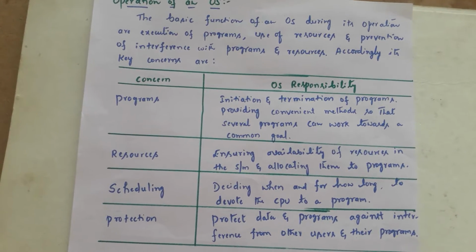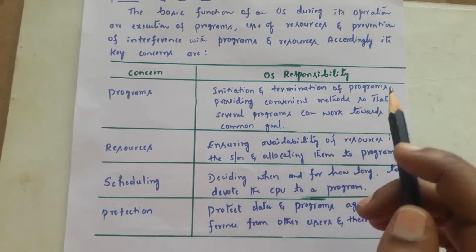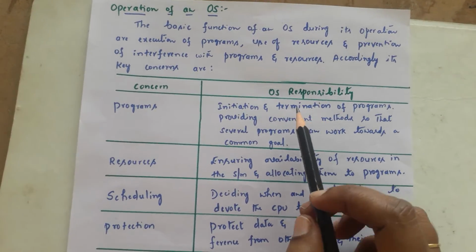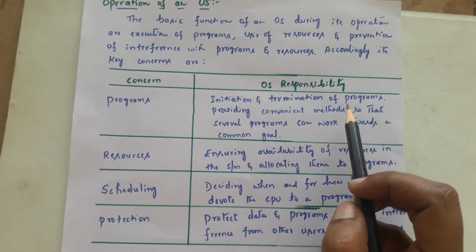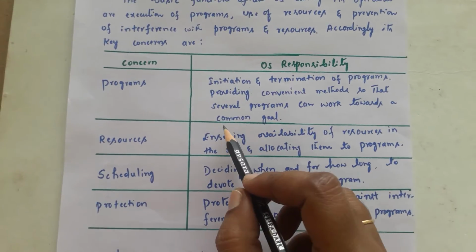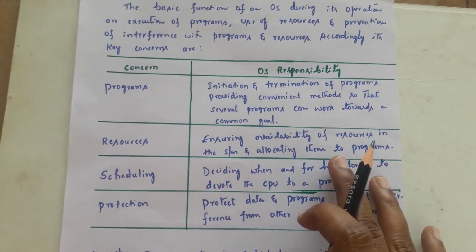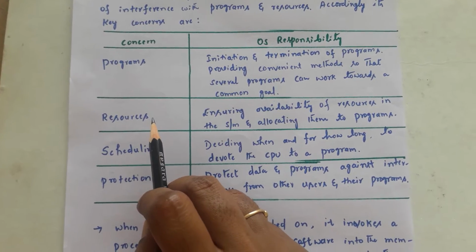So you can see the key concerns over here. We are saying the concerns are programs. With respect to programs, your OS responsibility is to check when it has to initiate and when it has to terminate the programs, and it has to provide the different methods so that the programs can work towards the common goal. Similarly, when it comes to the resources, resources are nothing but the devices which are available,